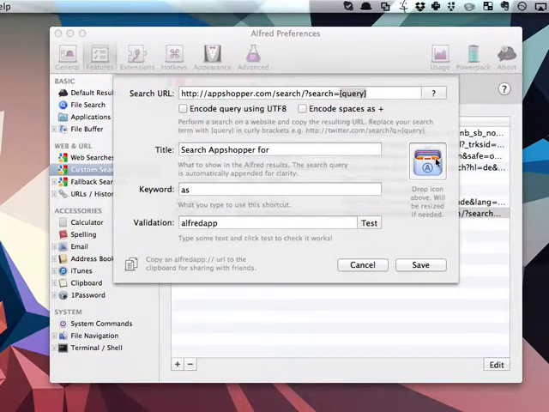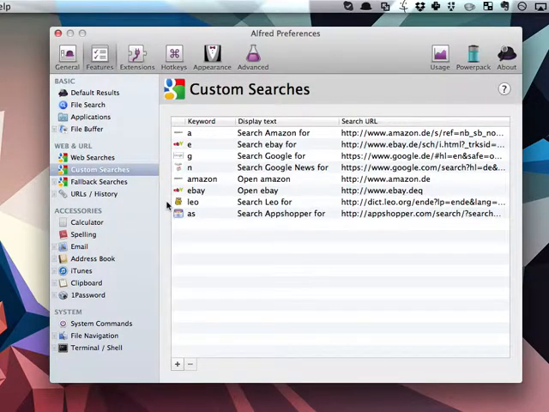You can even add an icon, and you can simply drag and drop the logo from the website, for example, into the field here. That's what I use Alfred for the most. But especially if you have the power pack like I do,